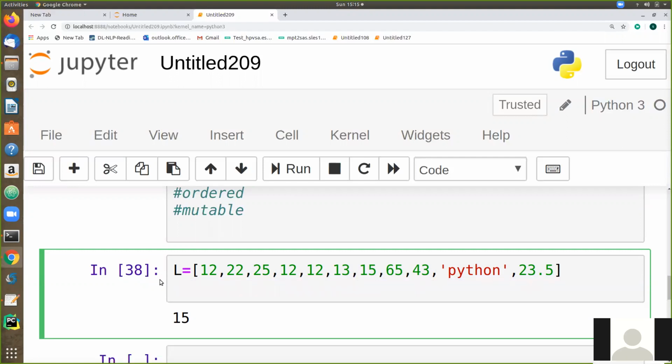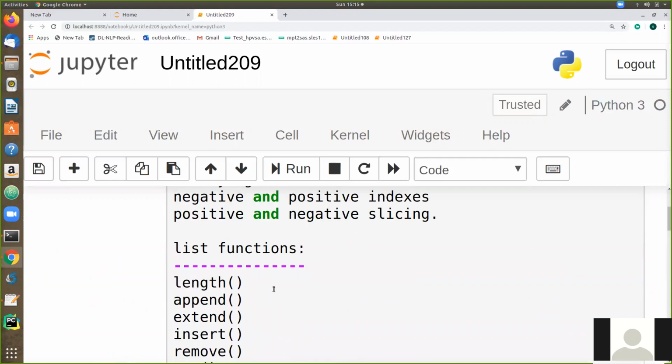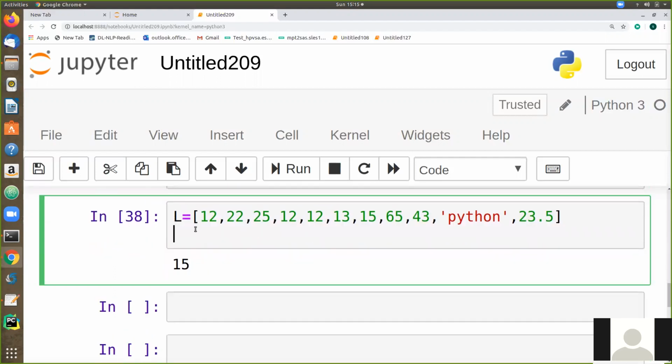Okay. Let me take one more example for accessing. The second topic we are going to discuss here is modifying the elements. Let me modify the value 15 to Perl, or to Java or something else. Value 15 is at position 0, 1, 2, 3, 4, 5, 6. So the position is 6. Let me modify this value